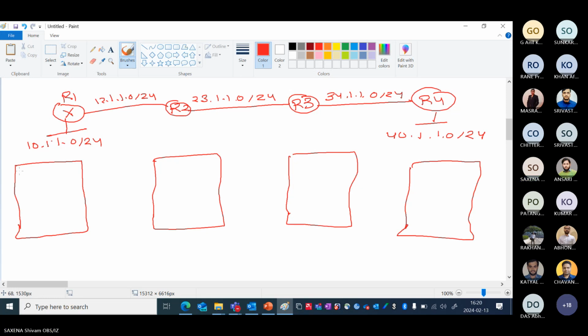Okay. So at first in this table, I will tell you what we call this table. We call it LFIB, but I will discuss that later. At first, I'm telling you, it has